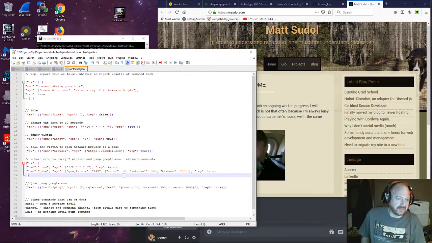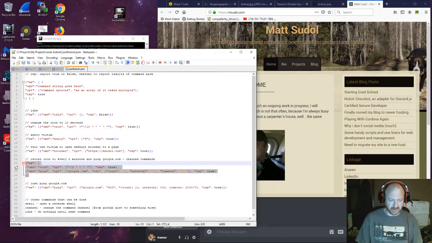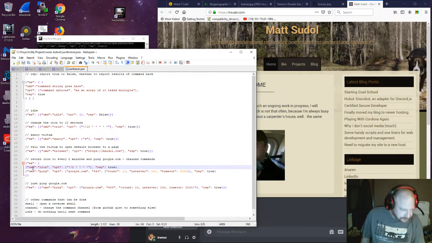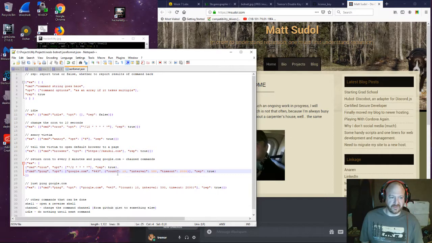And then let's do the last one here. What would a botnet be if we couldn't ping of death something? And you'll see what I've got going on here is you can actually pipe commands. So I've got 2 commands. I'm going to set the cron back to every 2 minutes, slow it down a little bit, and we're going to ping Google 10 times. Right, so